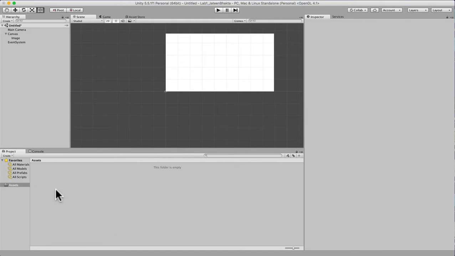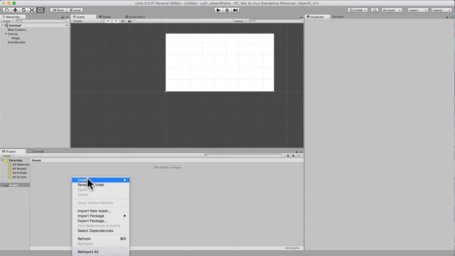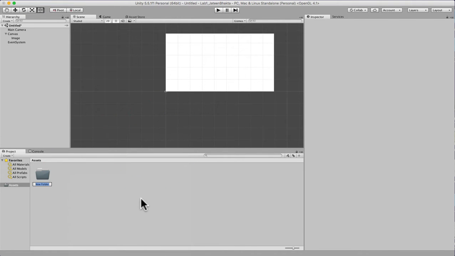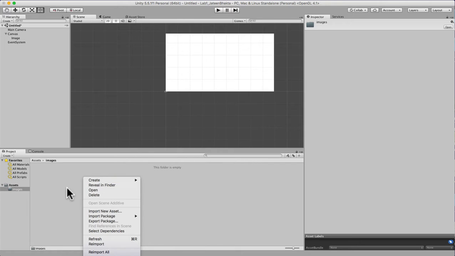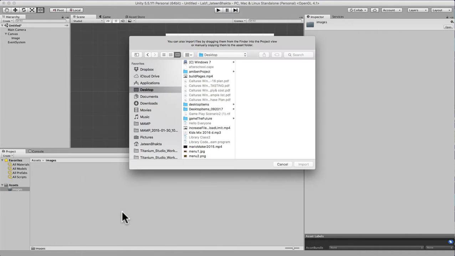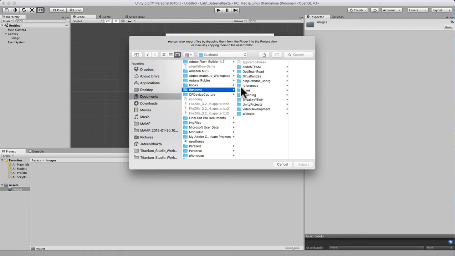Down here in this assets area, we're going to right click, go to create, and create a folder, and let's call it images. You want to keep this area clean and organized, because once you get into game development and further into your game, you're going to realize that it's nice to be organized because you can find things faster and it just makes life a lot easier. So we're going to double click into the images folder, and then right click again. This time I'm going to go import new asset. So then it's going to ask, what do you want to do? So I'm going to go ahead and